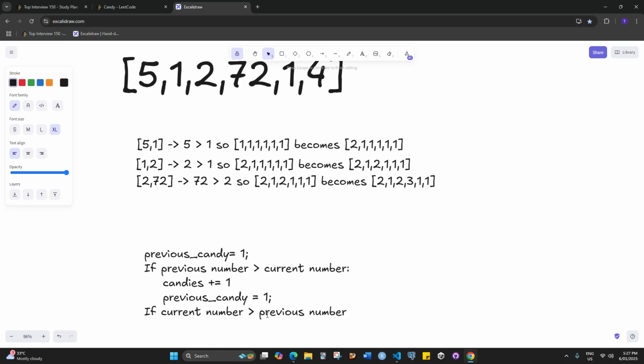If the current number is greater than the previous number, if the current number is greater than the previous number,